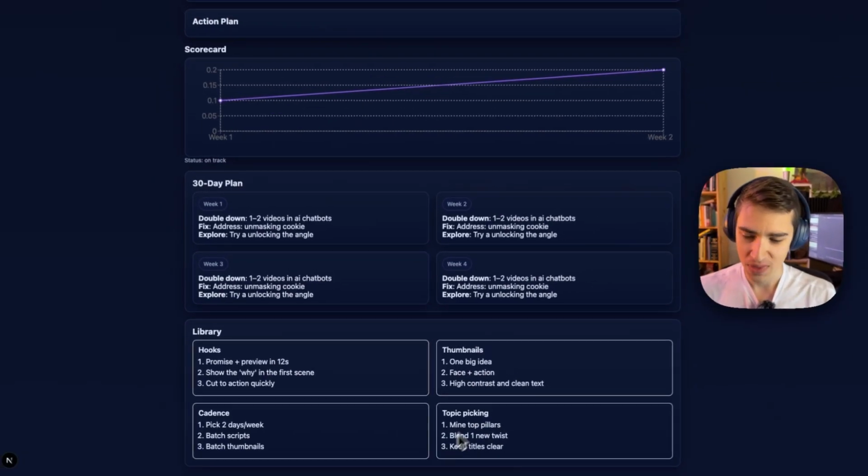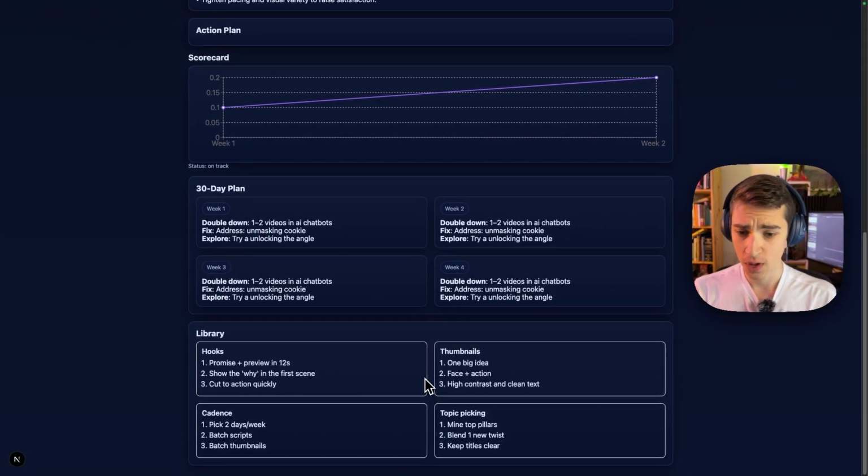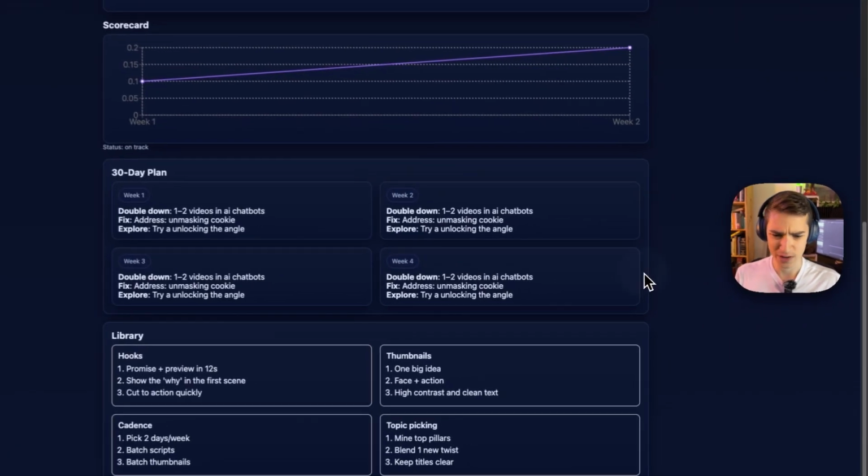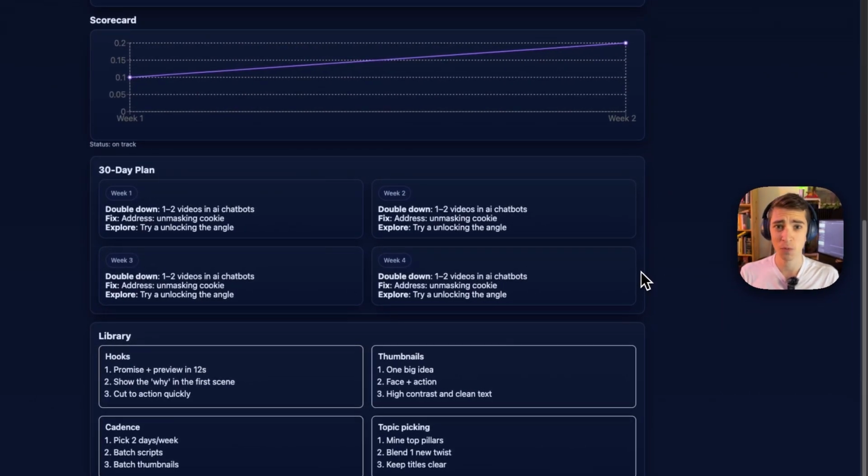So at this point, I'm thinking of the next stage I want to do to make it so that I can use this tool to personally grow my own channel, which is to actually connect it to AI. So let's do that. I'm going to hook this up to a new OpenAI project that I'm about to create, and we're going to link that up through Cursor and see if we're ready to go.